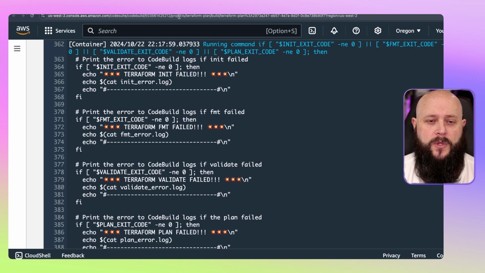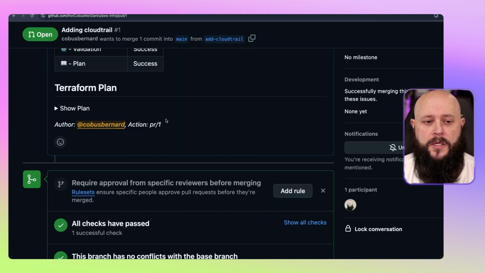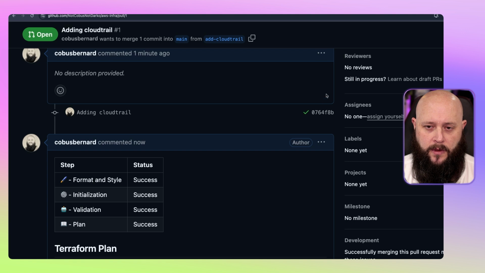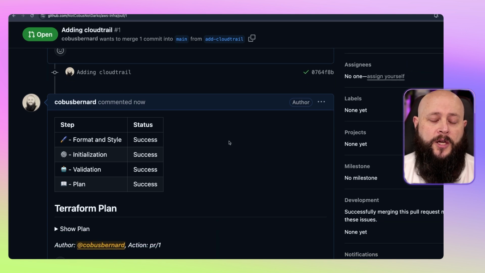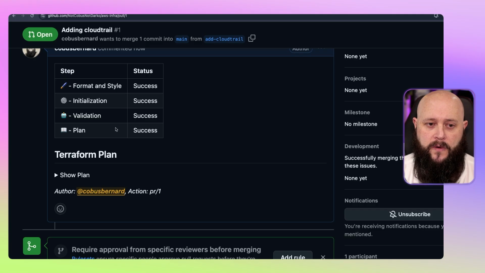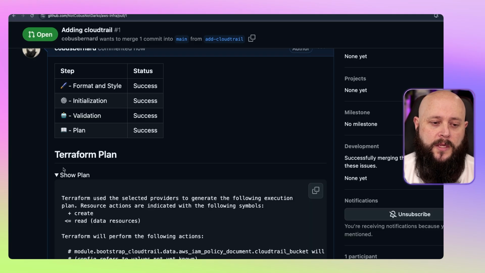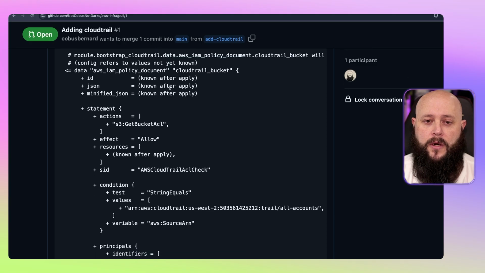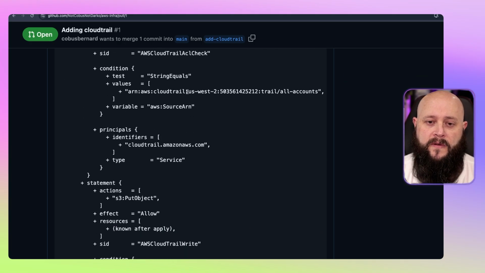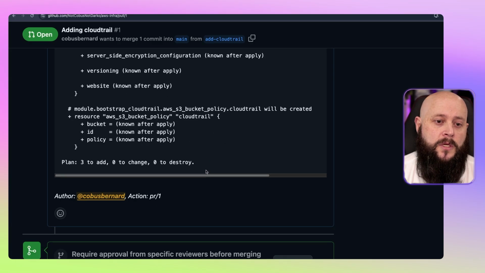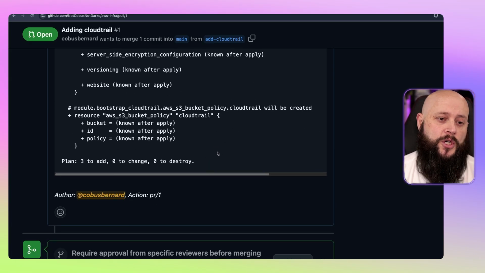So what this job will do is once it's completed, you can see over here that there's now a little check mark. There we go. That says it's good. It'll actually add this comment to your pull request for you to review. And over here, you can see that we passed all of the tests that we wanted to do for this pull request. And if we look inside the actual plan, we can see what it wants to create. So it's going to create a policy for the CloudTrail bucket and all the resources. So this is where you would review this and make sure it's the infrastructure changes you would want.